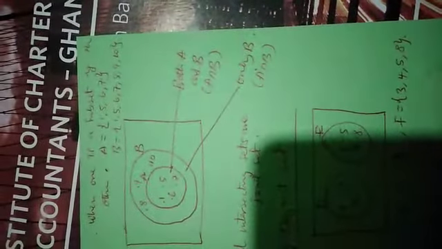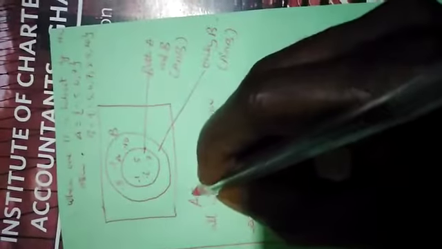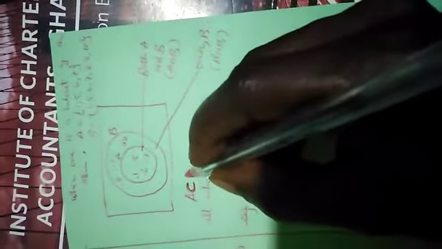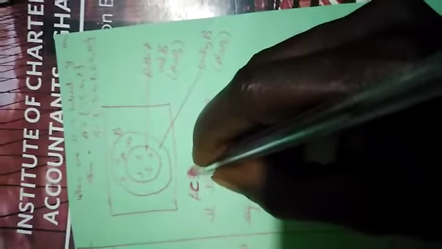So in representing it, we can see that all the elements of A, which are 1, 5, 6, 7, are all members of B, which are 1, 5, 6, 7, 8, 9, 10. So A is a subset. A is a subset or contained, as I was saying. This is the symbol for subset, which is like writing the C, the same for contained. A is contained in or is a subset of B.